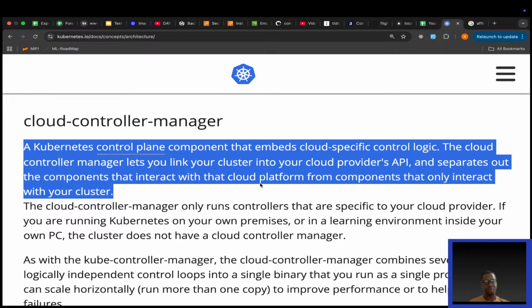Let me read this again. The Cloud Control Manager lets you link your cluster with your cloud provider's API and separates out the components that interact with the cloud platform from components that only interact with your cluster. Simply integrating with the cloud provider like AWS, GCP, whatever, okay? And it has some separation of concerns: what interacts with the cloud platform like AWS is separate from what interacts